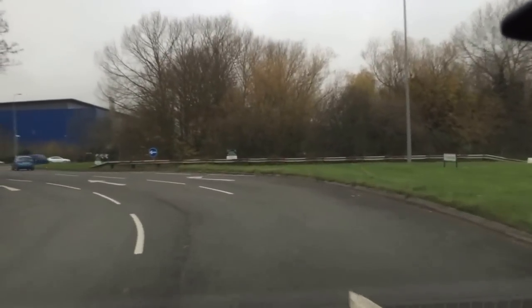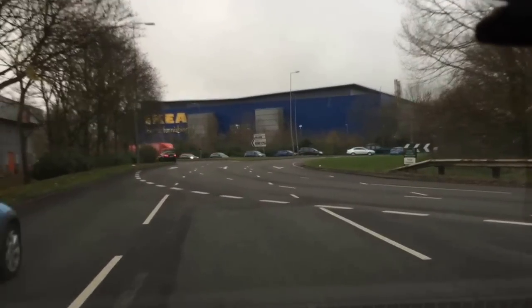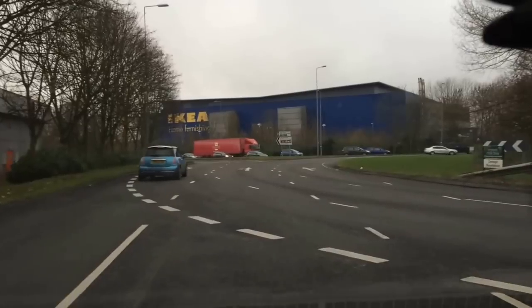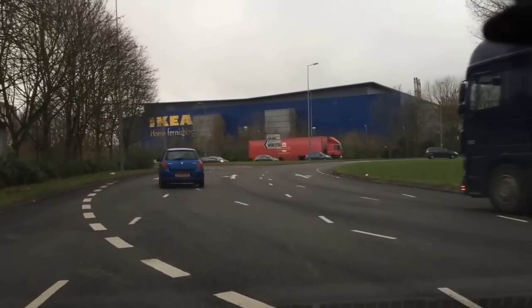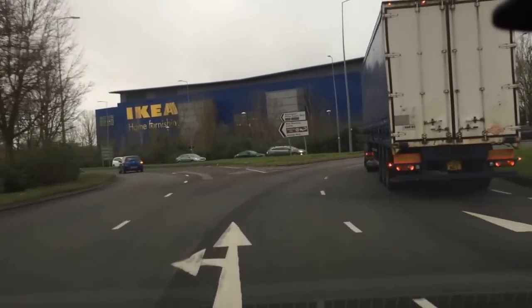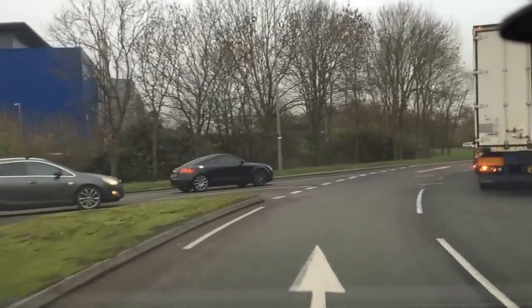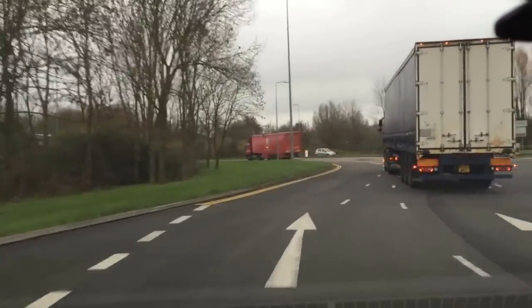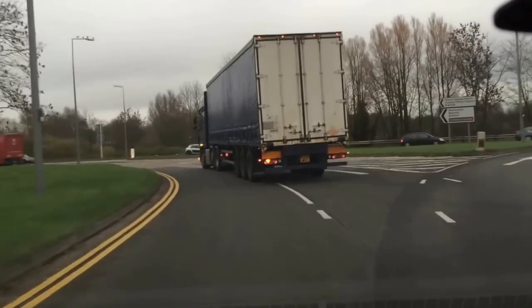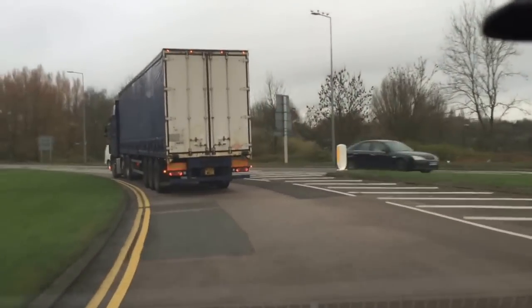So this is checking to your right, giving way to the traffic on your right. Not like the Mini being cheeky. That's what you've got to say, is don't take silly risks. Checking the mirrors, let everyone know. Now when you get trucks pulling in, just let them pull in, keep your gap, drop back,